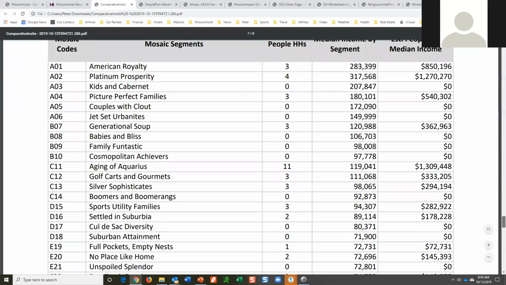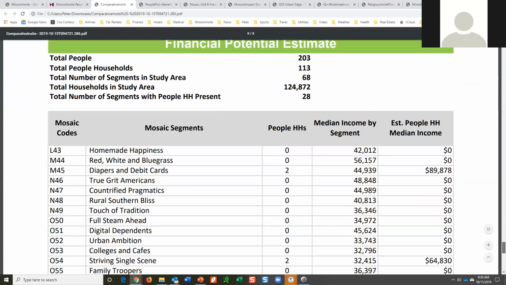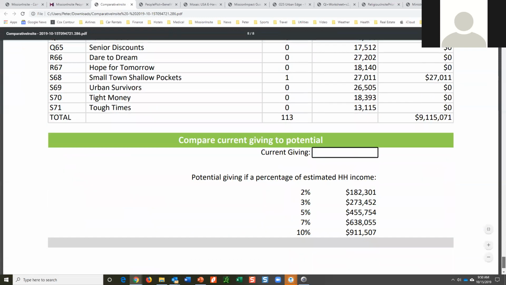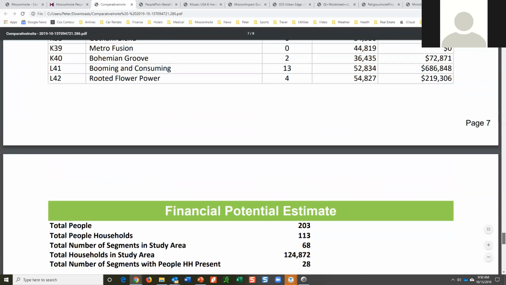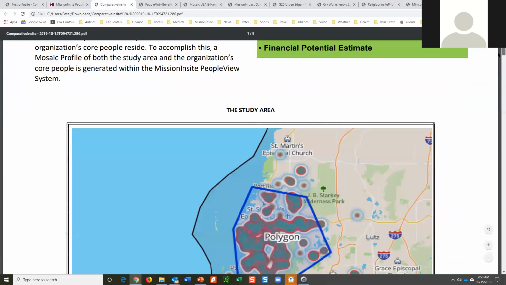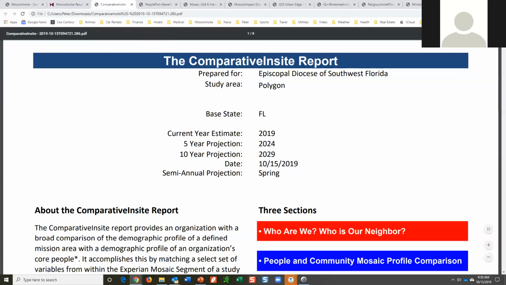socioeconomic, but financial reality. Historically, the only way you could get any financial information on member households of any group was to do a feasibility study, generally for a capital campaign. And those are very expensive, cost $10,000 to $20,000. So this capability is taken off like wildfire.